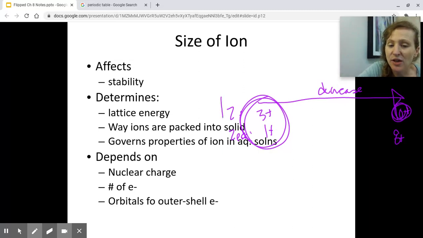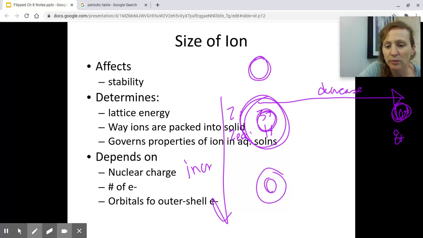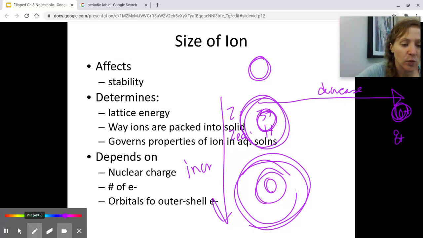Atomic size also top to bottom is going to increase. Again, this has to do with energy levels. So like hydrogen has 1 energy level, lithium has 2, sodium has 3. And so because of those additional energy levels, the size is going to increase. But ionic size trends are not quite as clear cut, because what we see